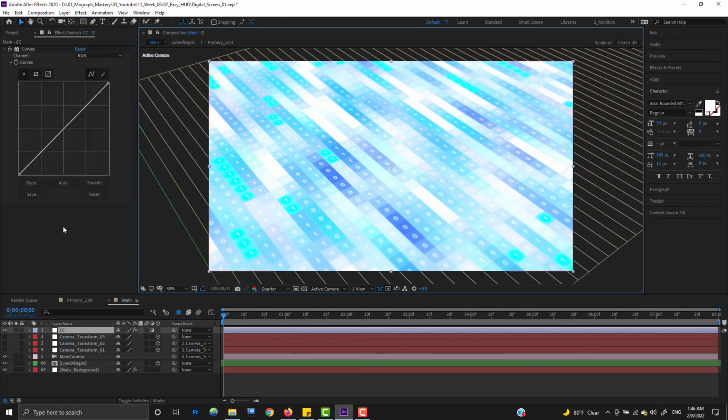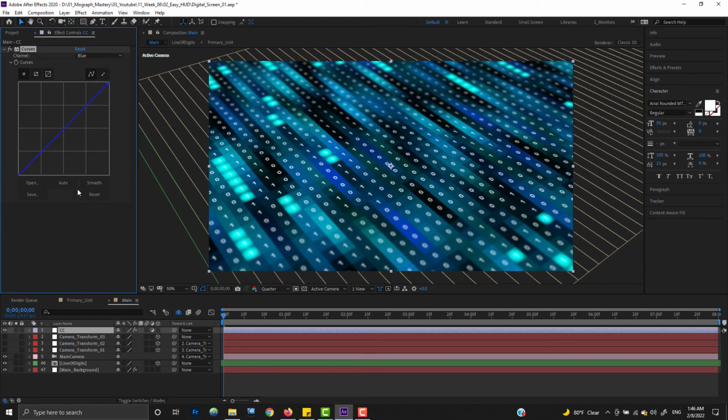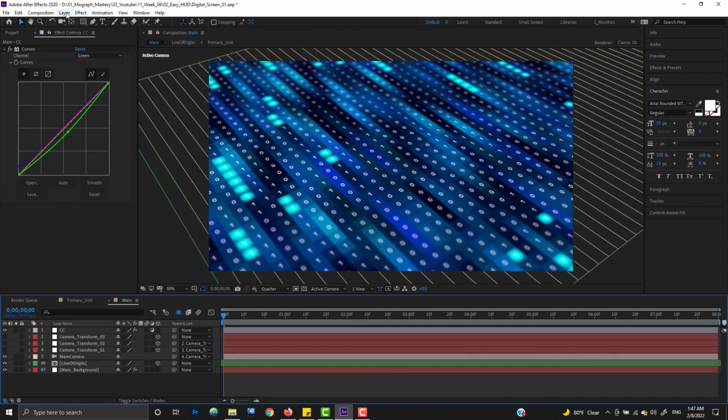Let's switch it to the quarter quality so we have a faster refresh rate, and let's add some blues to the shadowed areas, because blue is what we're looking for. Let's remove the reds, maybe add reds and remove greens from the composition to make it blue. All right, from here you can add maybe,